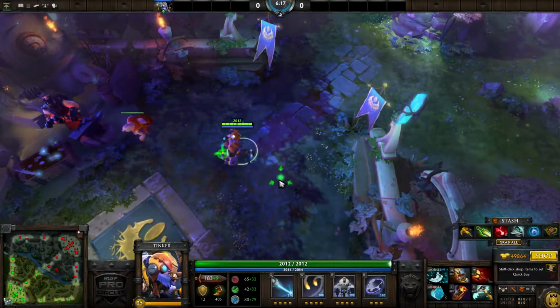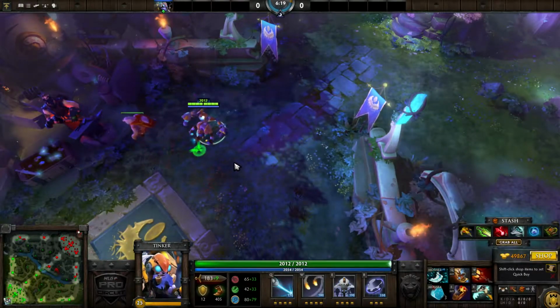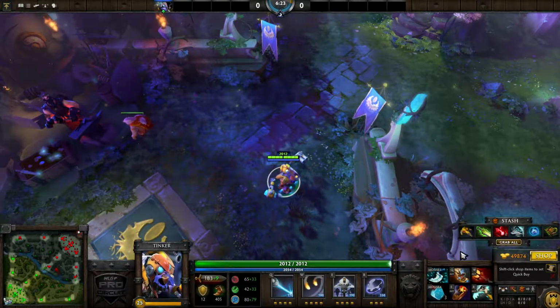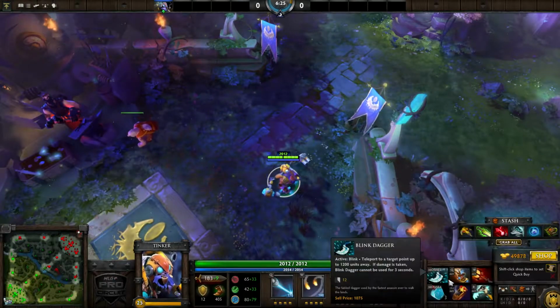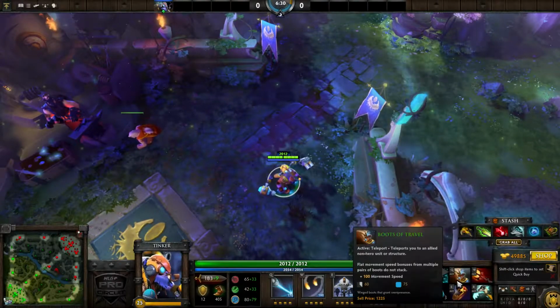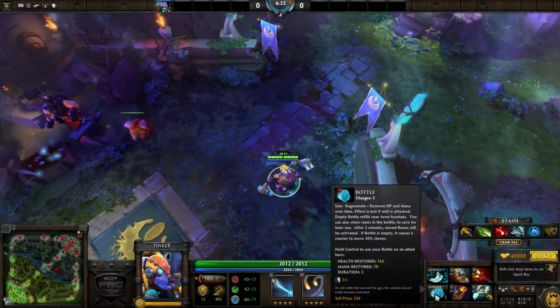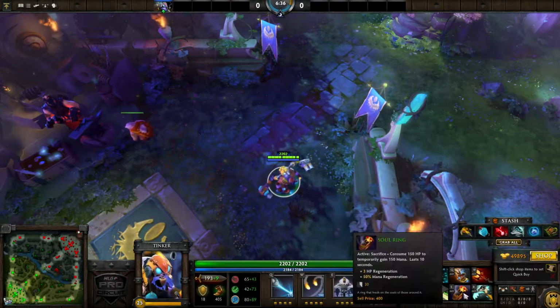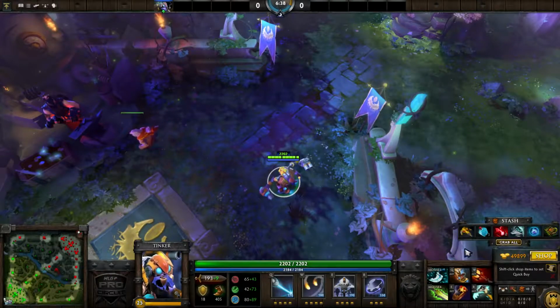First off, items. Now this isn't necessarily about how to maximize farm with him, but just items that Tinkers usually like to run with. Blink Dagger is absolutely essential, and so are Boots of Travel. This is my preferred item build in the game. The bottle becomes interchangeable with an E-Blade. Soul Ring never leaves my inventory, but